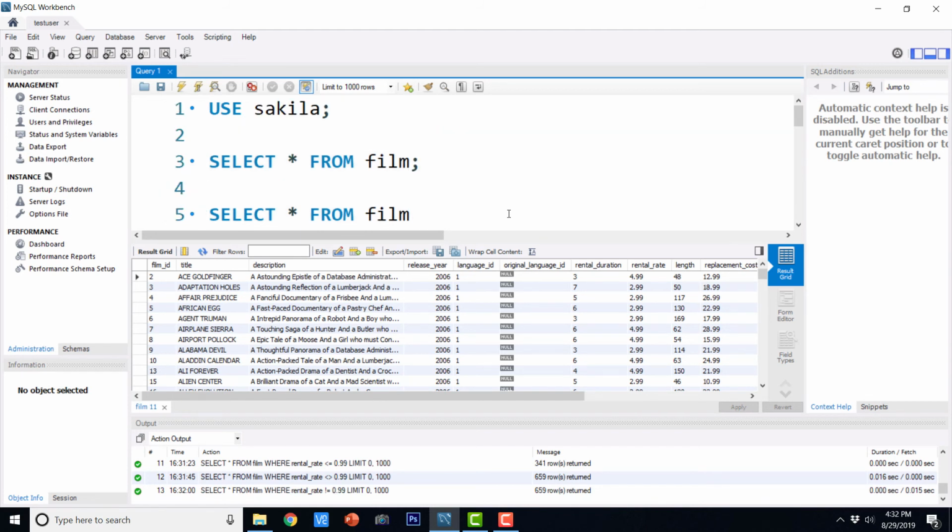So this is how we can use the where clause, the equal to operator, not equal to operator, and different comparison conditions to filter out the record. We have also seen how we can use the text data in the where clause in order to filter the text fields.